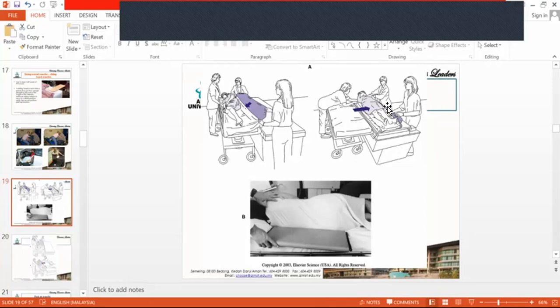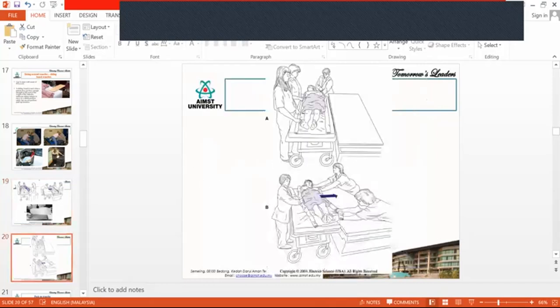Is that clear? Okay, so this is your three-person transfer. You can see another picture like this. In case you don't have a rollator, then you can also use a bed sheet as a rollator. How to do it is, you make the person lie on one side, you insert the cloth under the patient's body, then you turn the patient to the other side, you take out the cloth. Make sure the patient is over the cloth, then slowly pull the cloth so that the patient comes to the other position.